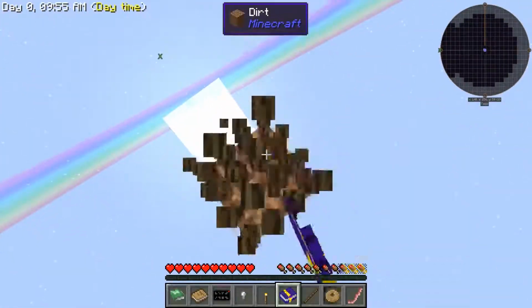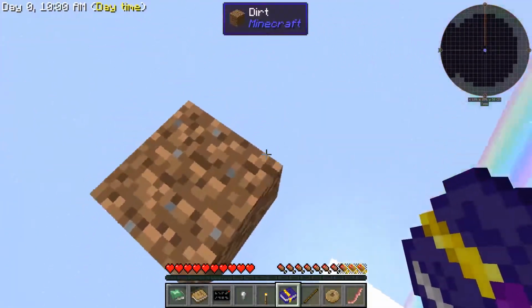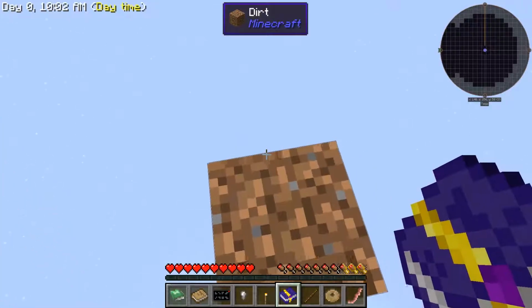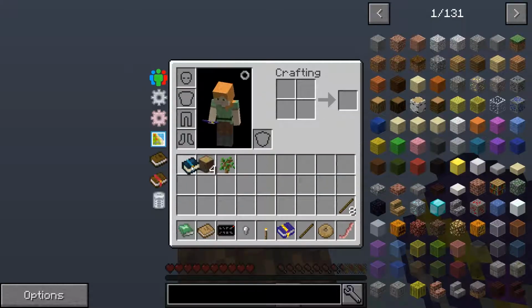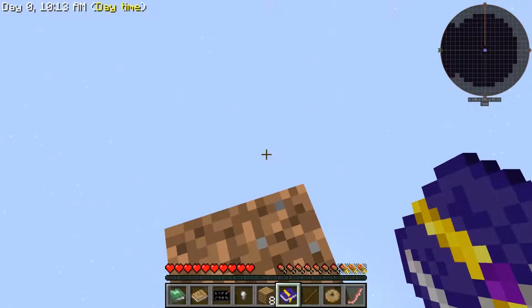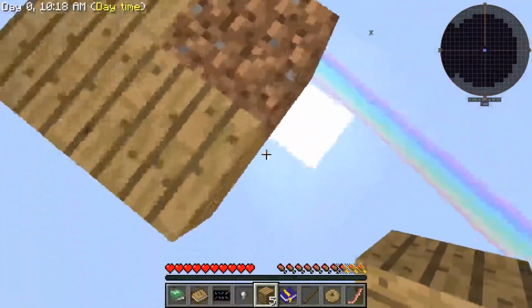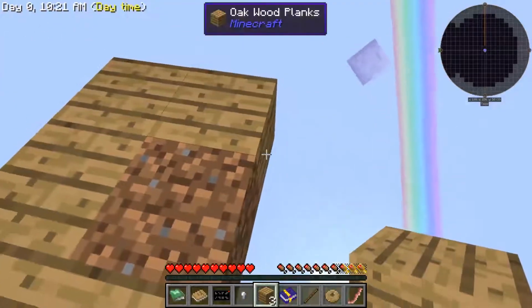So when you get down, this is all you have, this one block of dirt. So obviously, you've got to build out. Again, I'm not going to be playing this right now. I'm just going to show you what the basics are. So you have your one block of dirt,